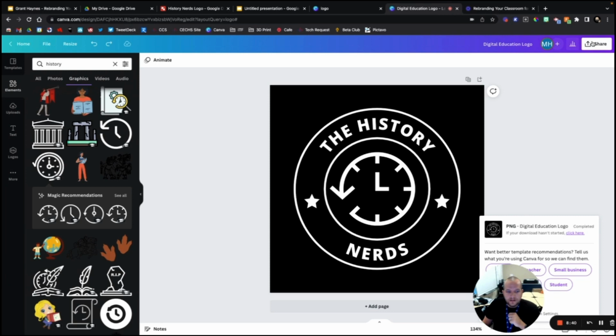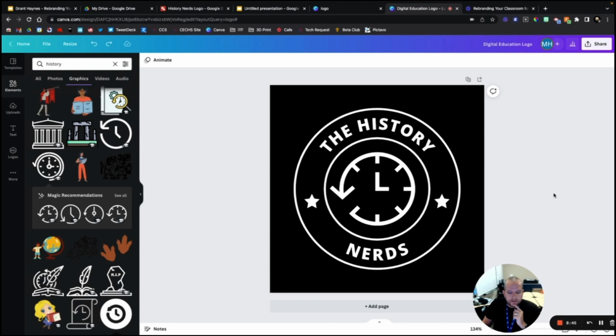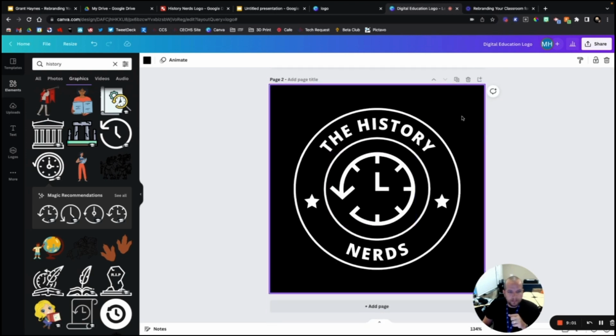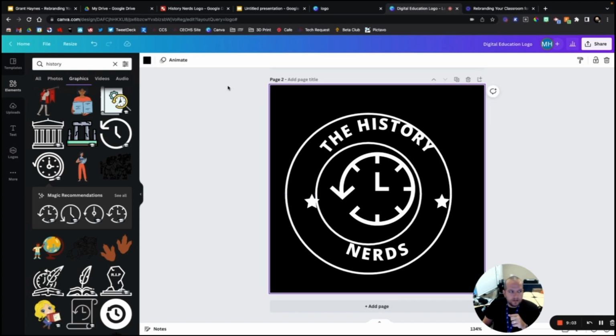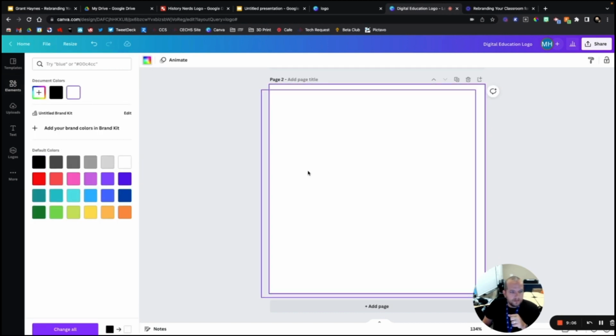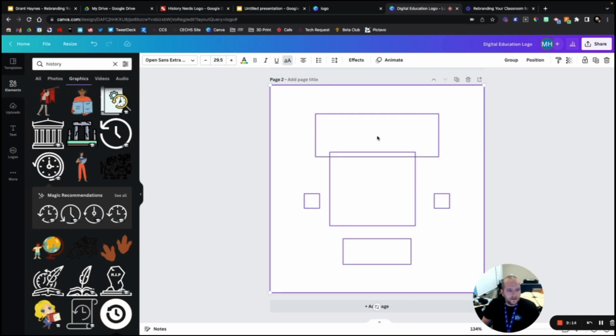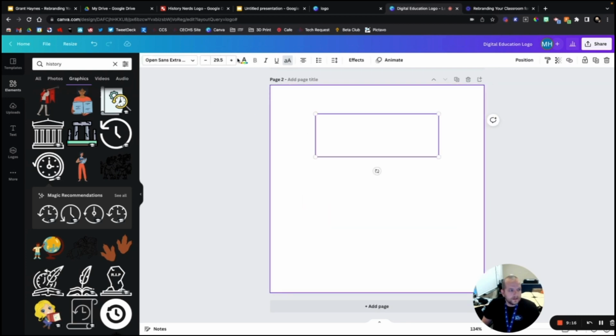And then I'm also going to download, actually I might keep it just like that. Now, one thing that you want to bear in mind, this is all white. So let's say, for example, I created a worksheet and I want to be able to see this. So an idea would be to have an opposite version of this. Like we have the white version, so we're going to make a black version of it. So I'm going to change the background color to white. Move this back over, and let's see if I can change some colors here. So we're going to change this,